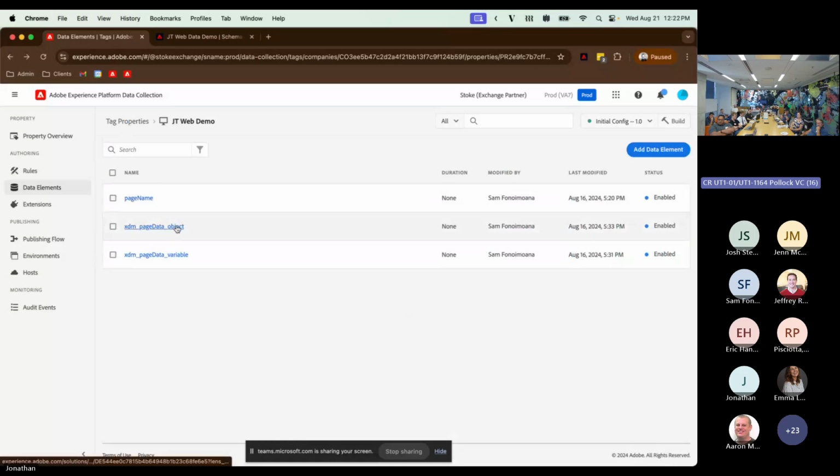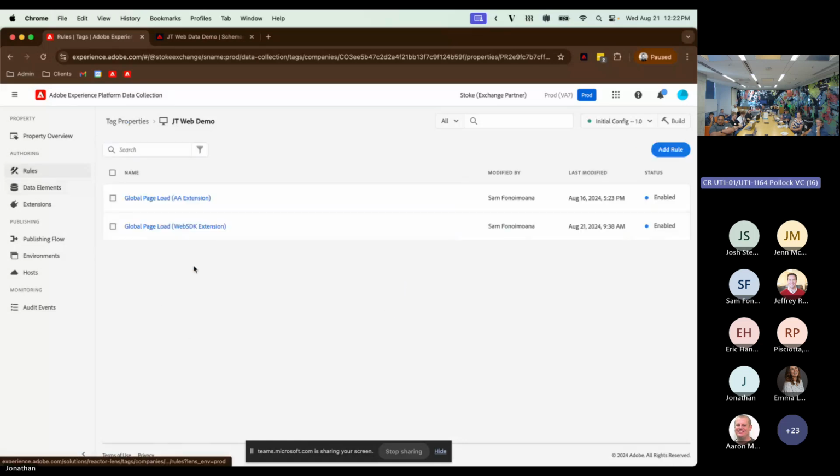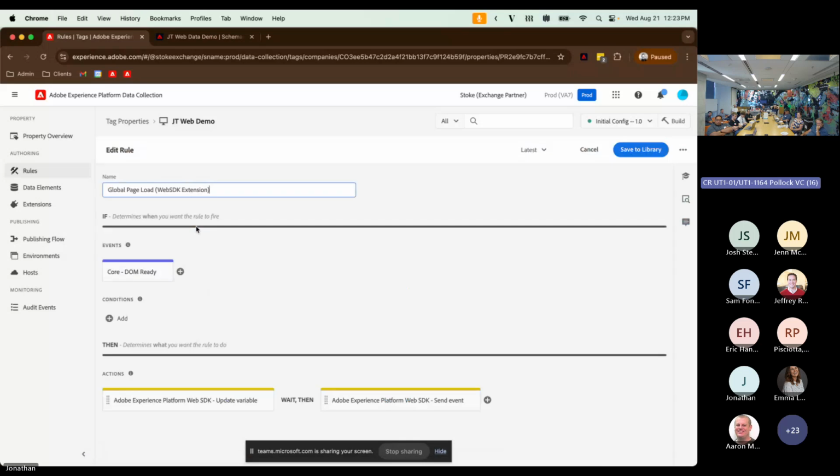Once you have that set up, then you can go into your rules. And the way I would do this is to just carbon copy your old analytics rule and then modify it, because that way it's triggering off the same event, whether it's DOM ready or page view, exactly how you've had it historically. But now you're just telling it to send in a different format to a different place, right? So in the WebSDK rule, it looks really similar, right? There's DOM ready, but you've got two new actions here. The first one, the way I did this, and there are a couple of ways to do it, but I'm recommending this approach,